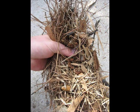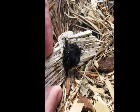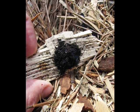What I'm using here is some pine boughs, some dried grass, some dried leaves, pine needles, stuff like that. That's all stuffed into the middle. You're going to want to press down the middle of that and make kind of a bowl, kind of a tinder nest or a tinder bundle. Then you're going to want to carefully dump that coal in there, and then you're going to want to pinch